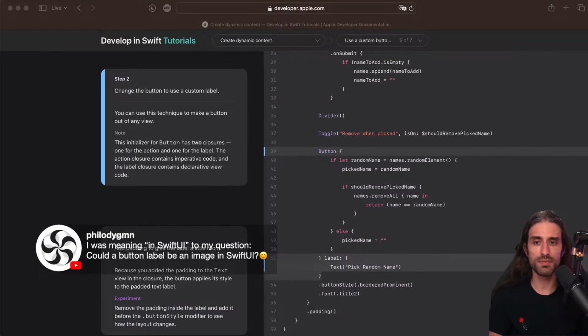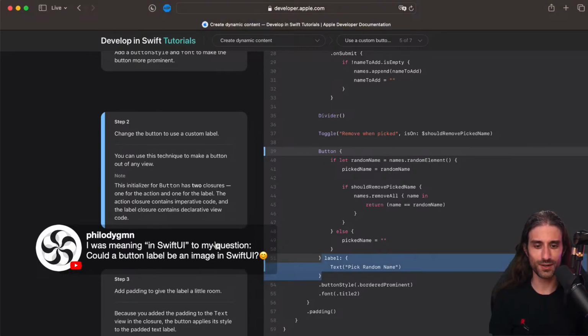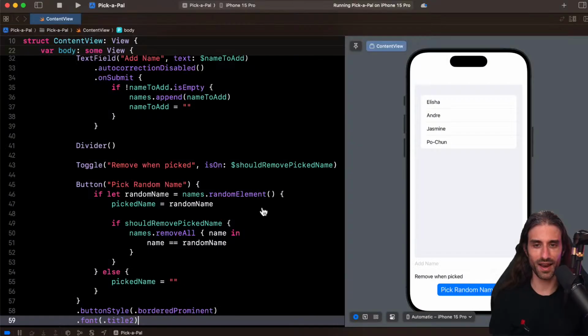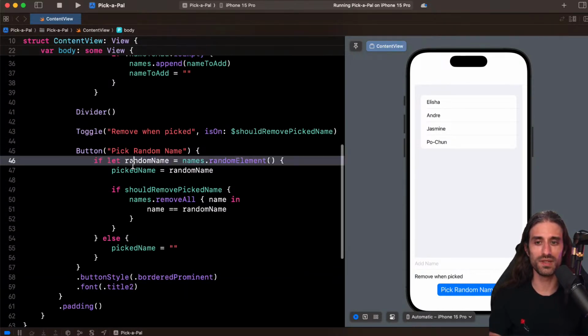Oh, could a label be an image in SwiftUI? Yeah. So in SwiftUI, it's even more complex, and let me tell you why I say that. I'm just going to copy and paste this thing right here, and I'm going to go over it because label, honestly, they've used this wording for too many things.